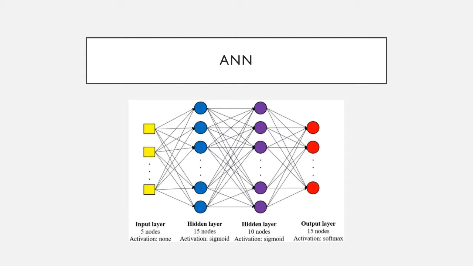Finally, we implemented an artificial neural network as an attempt to classify the data because this is a method that is good at capturing nonlinear patterns of the datasets. We used 2 hidden layers for our neural network with 15 hidden nodes and 10 hidden nodes respectively. And then from there we used softmax for the output nodes to classify the